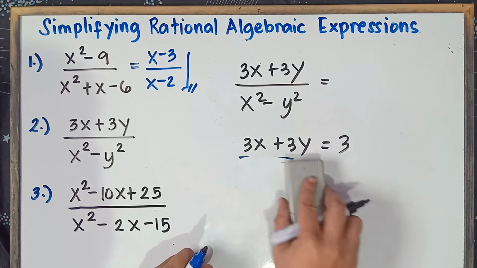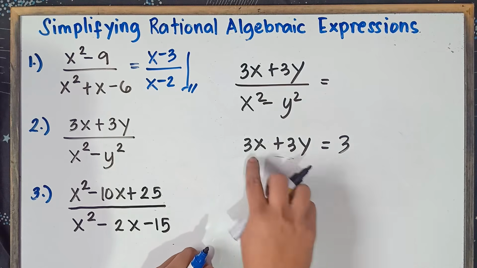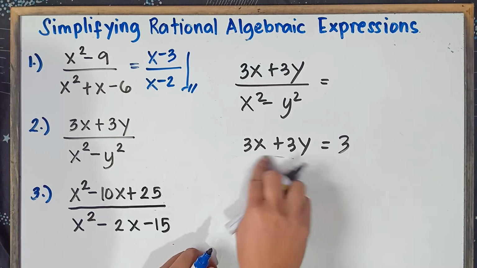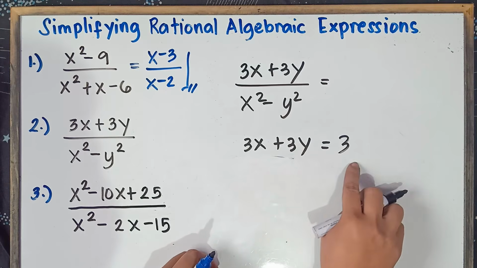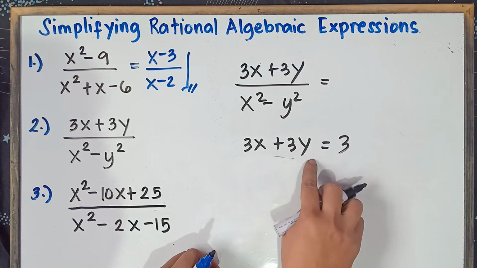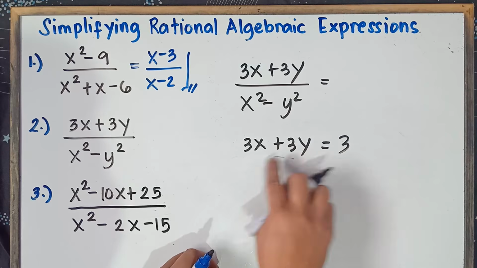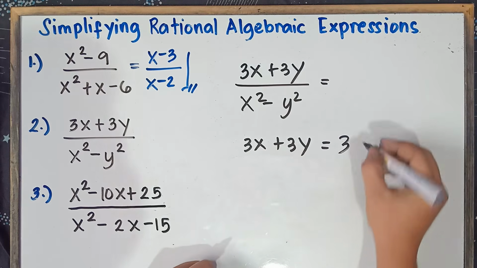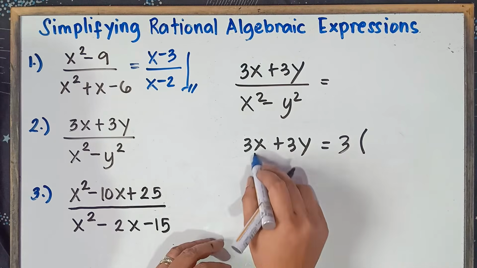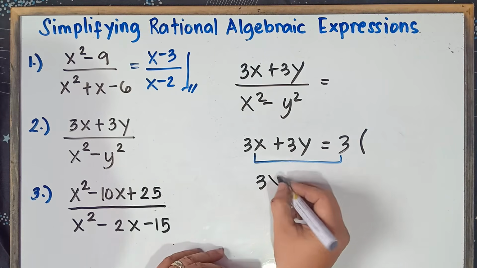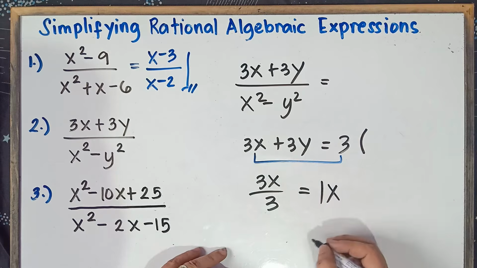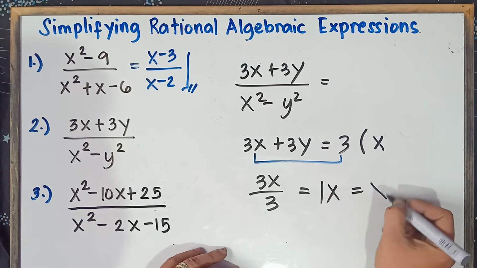And then for the variable, class, we cannot factor out the variable because these are different letters, x and y. So, our GCF would be only 3. We can only factor out the number. So, put open parentheses and then simply divide this one. 3x divided by 3. 3 divided by 3 is 1. Simply copy x. So there would be 1x, or we can just simply write x. 1x is just the same as x.